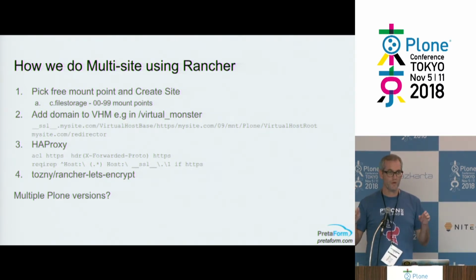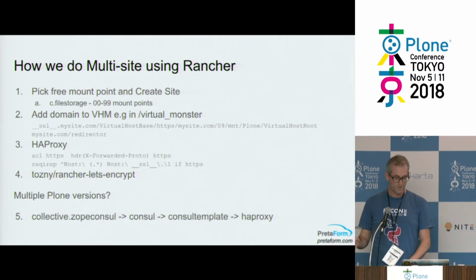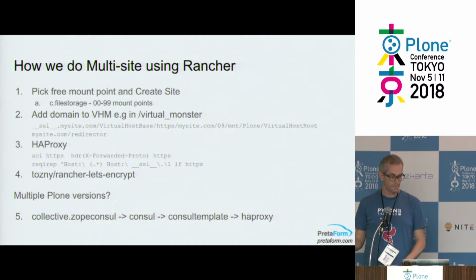So at that point, right, you need to work out how to get this site to go to Plone 4 and this site to go to Plone 5. And that's a little more tricky. So we wrote a thing called collective ZOAP console. What that does is take the VHM and other things that you want out of ZOAP and sends it to console every time it changes within ZOAP. Then we use a console template, and that will rewrite our hard proxy template